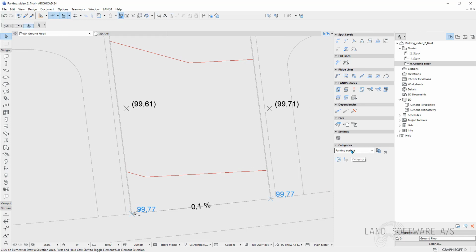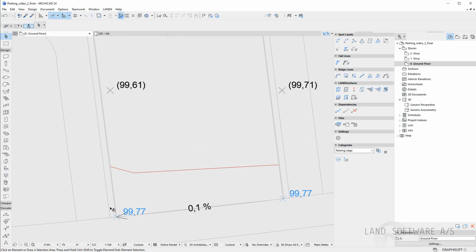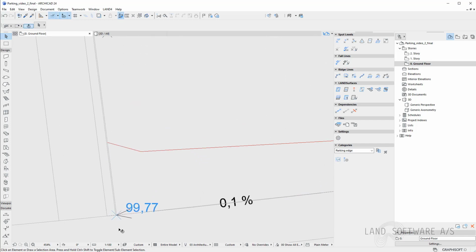I'll make sure I'm in the right category for the parking edge, and because there will already be a lot of spot levels close to each other, the spot level text could be overlapping. So for this, I can use a tool called place a spot level with or without separate input.